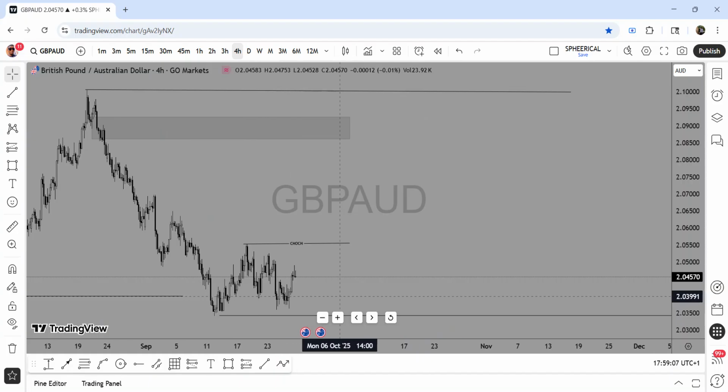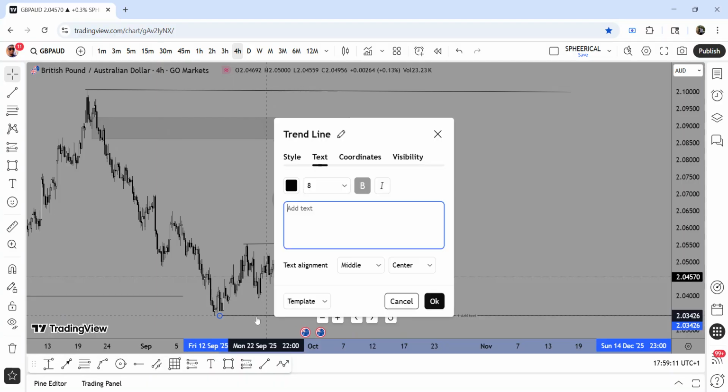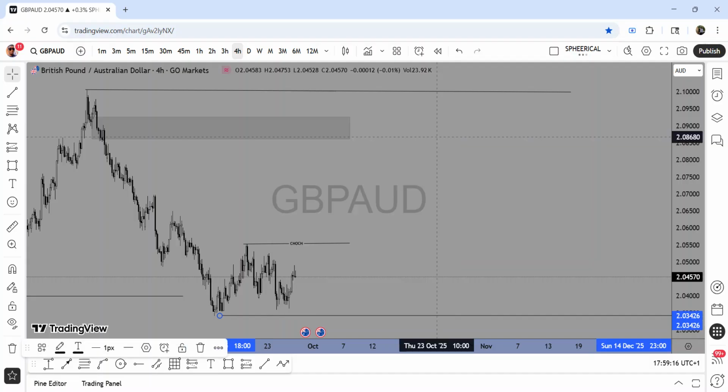So if you see here, you will see our trading range. This is definitely our trading range, and it will give you a clear direction of where the market is going. It will give you a pure clear direction. If not seen, you will